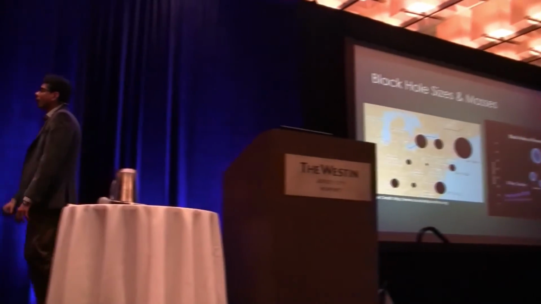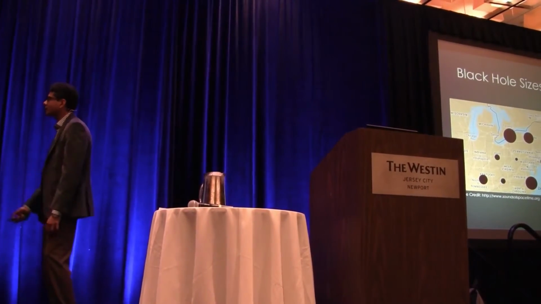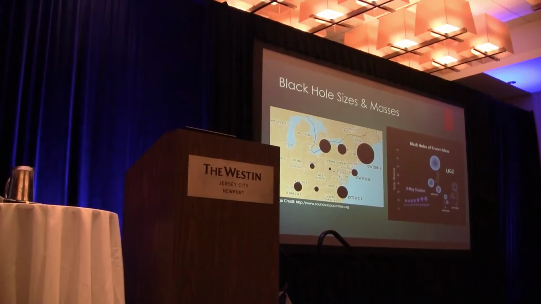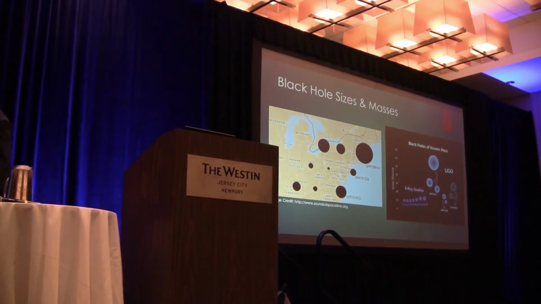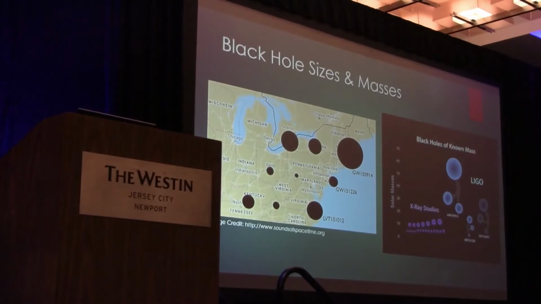Right, when I first came across this image, I was astonished. This image plots the sizes of the black holes that LIGO has detected on top of the map of the United States. This is the very first detection that LIGO made. These things are gigantic, right? This is about 62 solar masses. These two are about 30 solar masses. But look at the size of those things. Those are like 10 or 20 or hundreds of kilometers across. So these things are absolutely massive, absolutely dense.